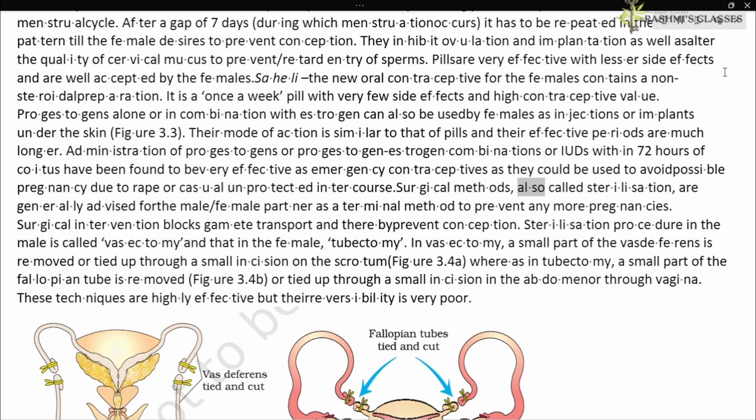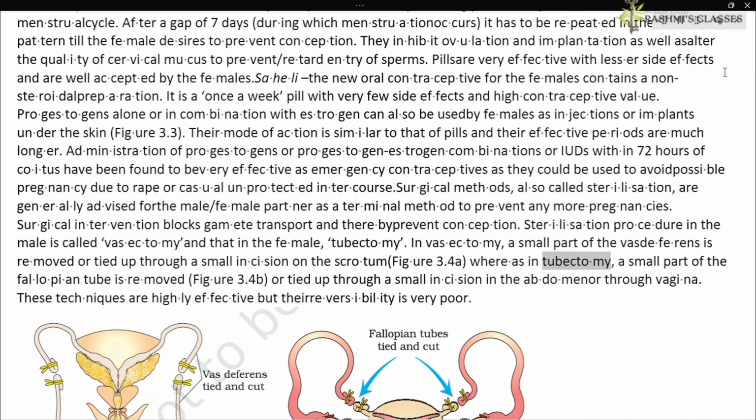Surgical methods, also called sterilization, are generally advised for the male/female partner as a terminal method to prevent any more pregnancies. Surgical intervention blocks gamete transport and thereby prevent conception. Sterilization procedure in the male is called vasectomy and that in the female, tubectomy. In vasectomy, a small part of the vas deferens is removed or tied up through a small incision on the scrotum, figure 3.4a,